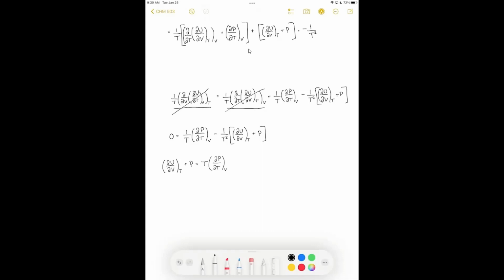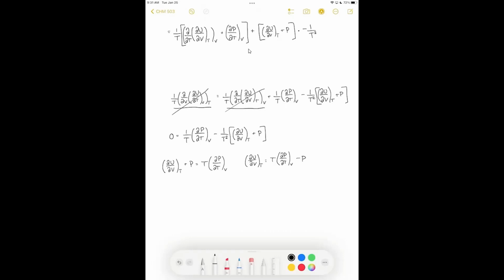Before, we simply stated that the change in internal energy with respect to volume at constant temperature was equal to T times the partial derivative of pressure with respect to temperature at constant volume minus the pressure. And here we can see exactly where that expression comes from. We needed to use the total differential of entropy, but we came up with this expression for the internal pressure